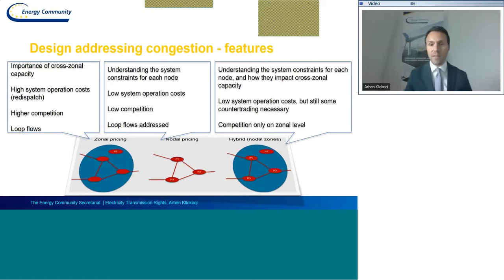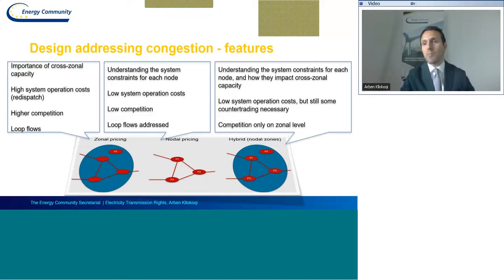What it means is that you have physical power flows going from one zone, so let's say zone A, to zone B, and then go back to zone A again. So this is basically the physical flows. In the nodal system,